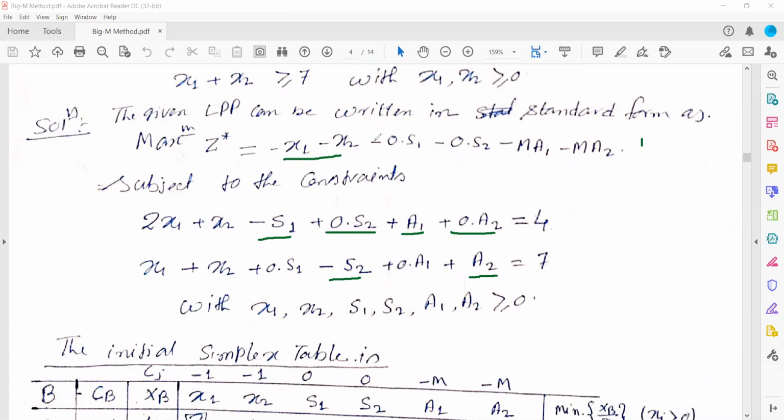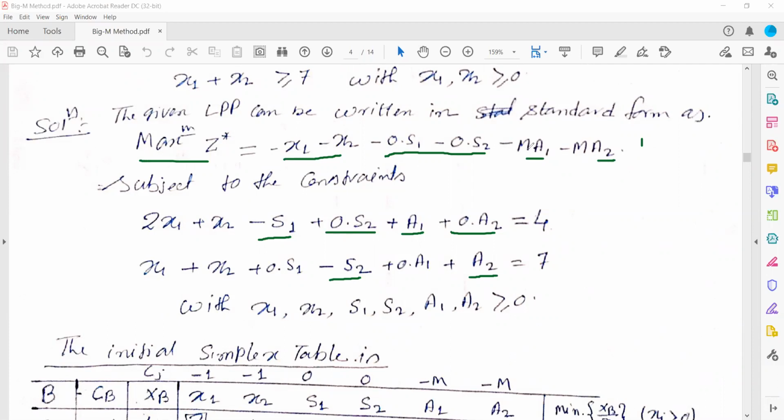If you write minus, then it's okay. If you write plus, also okay. No problem at all, there is not going to be any change. But whenever you write the artificial variable in the objective function, it is always written with a negative sign, if the problem is a maximization problem.